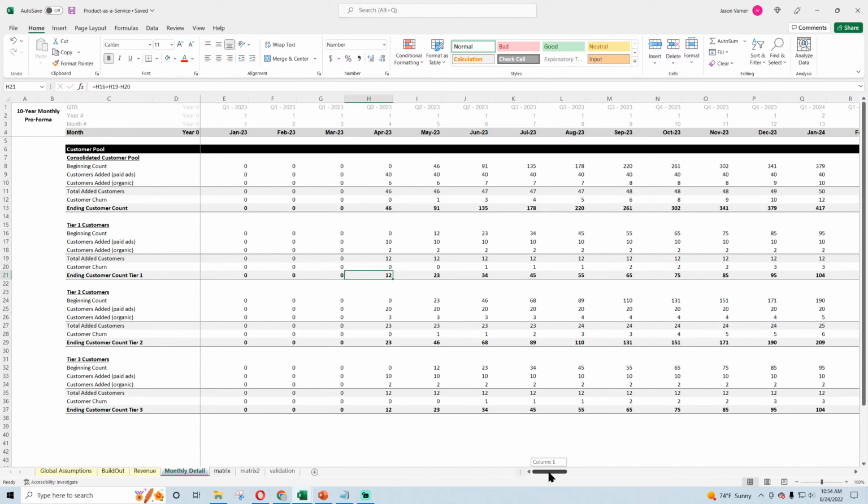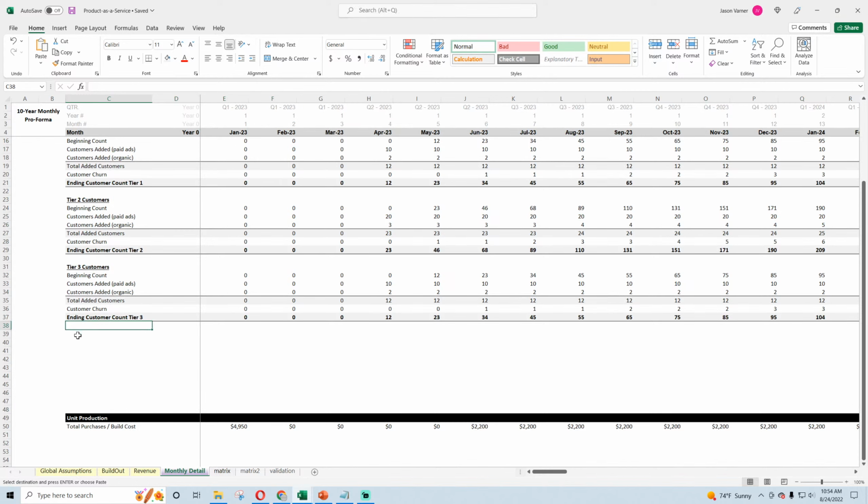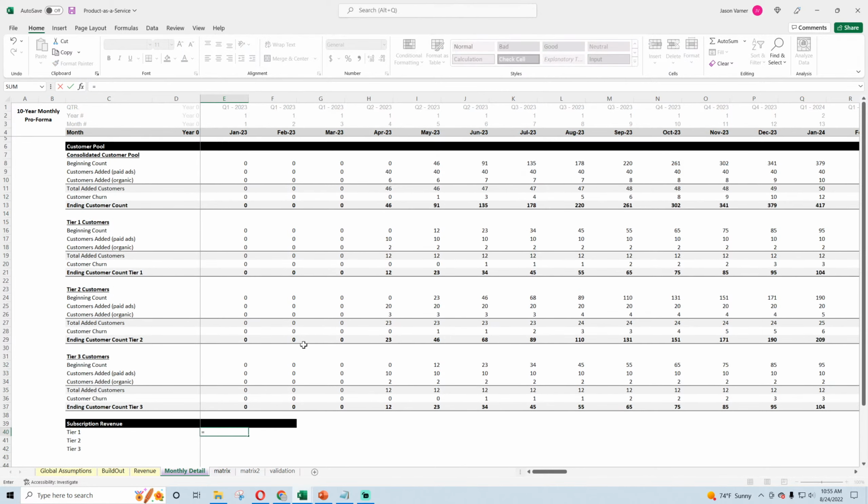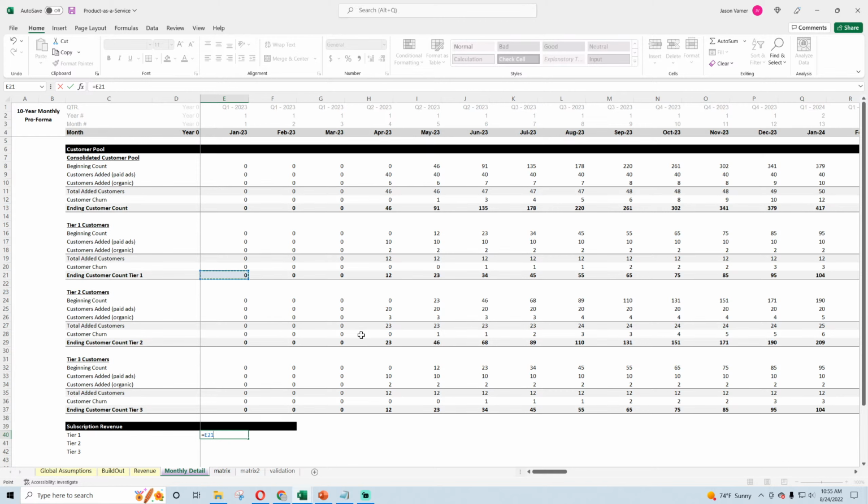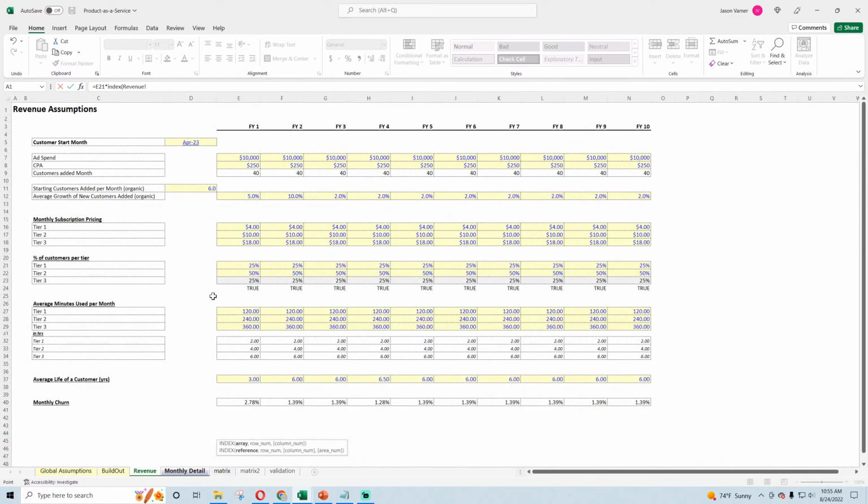We have the amounts. So now all we really need to know is the ending customer count in each tier to get our revenue. So for revenue, subscription revenue. Tier 1, Tier 2, Tier 3. All I do is take all the customers in Tier 1 and figure out how much they're paying per month, which is going to be this.